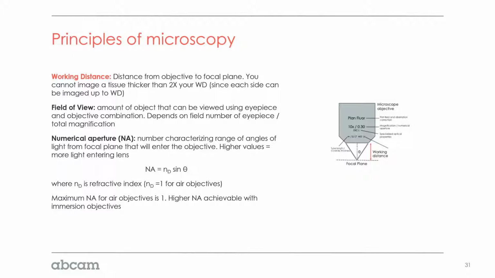There's a lot of principles of microscopy to know, but the most important principle to know is working distance. Working distance is the distance from the bottom of your objective to its imaging plane, and that depth will be the limitation of how far you can get into a tissue. So if your working distance is 10 millimeters, for example, you're only ever going to be able to image 10 millimeters into your tissue. You're not going to be able to go any farther than that because you're limited by